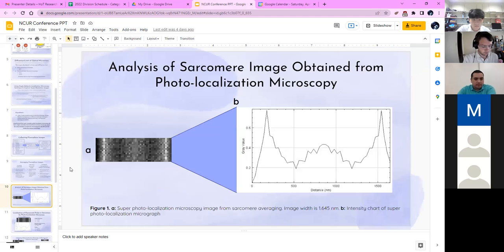So here's the sarcomere image. On the left you can see the micrograph, and on the right you'll see the intensity graph, which shows the intensity peaks across the micrograph. So some major